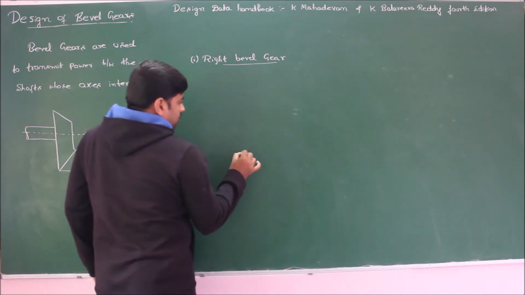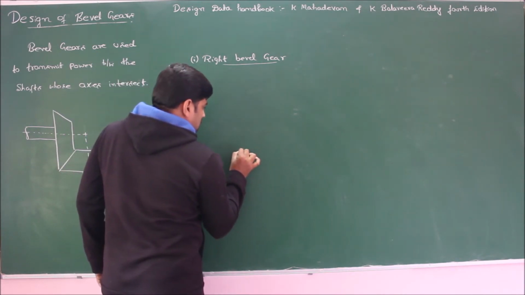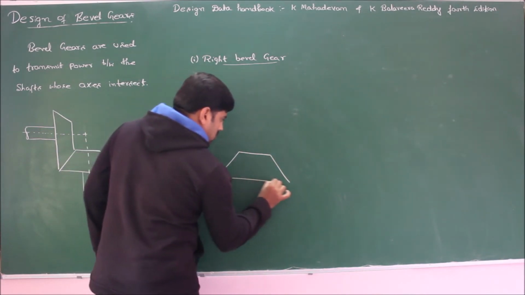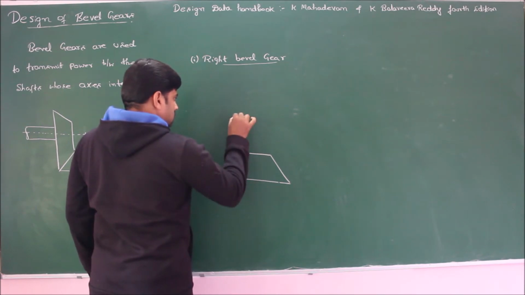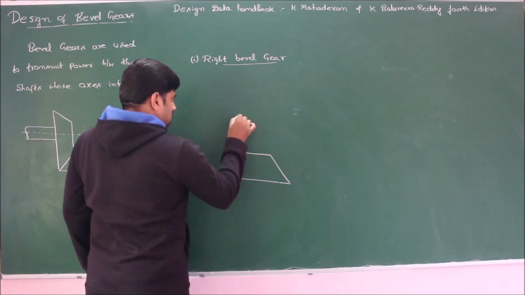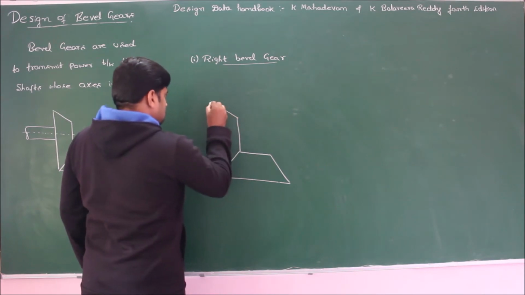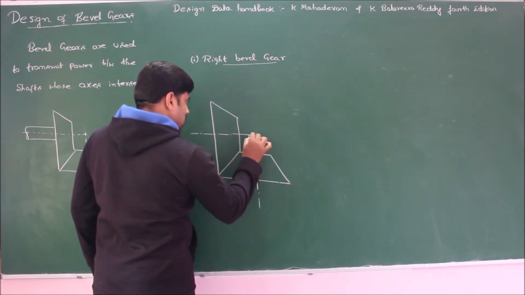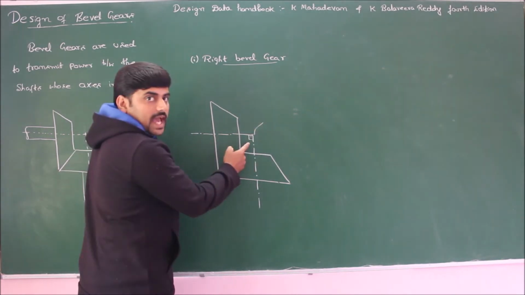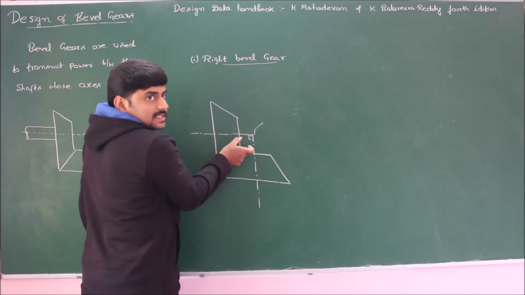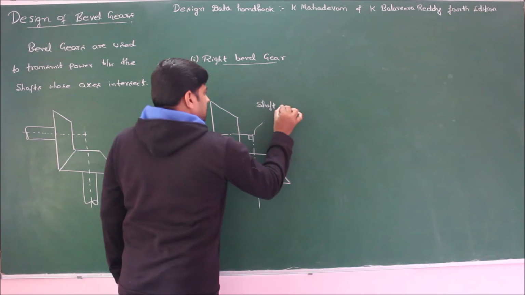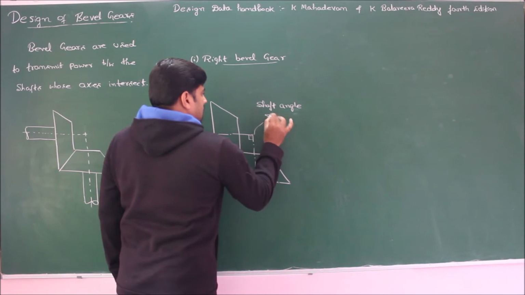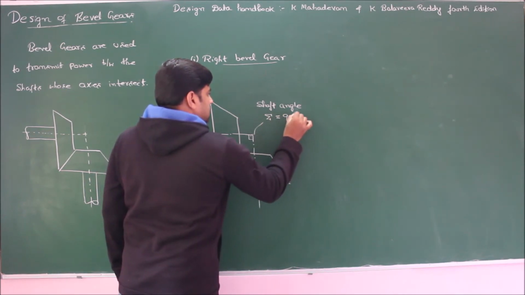In case of right bevel gear, the angle between the axis of these two shafts, which is termed as shaft angle denoted by sigma, will be equal to 90 degrees,